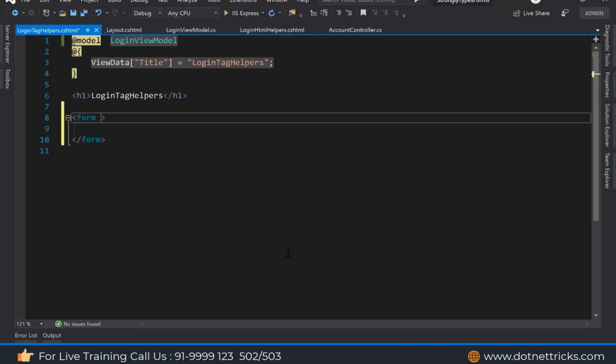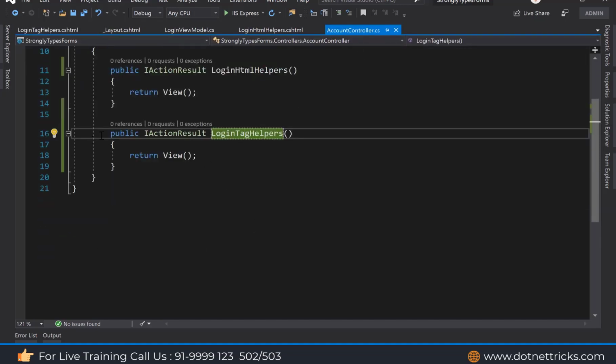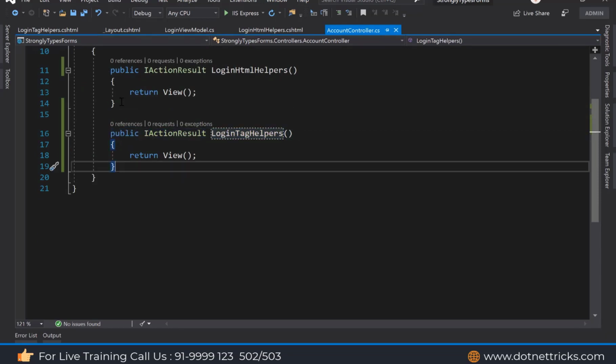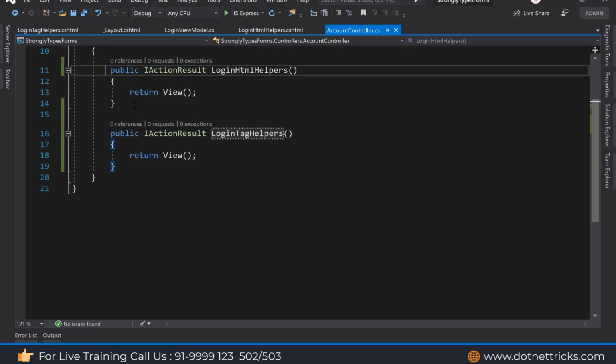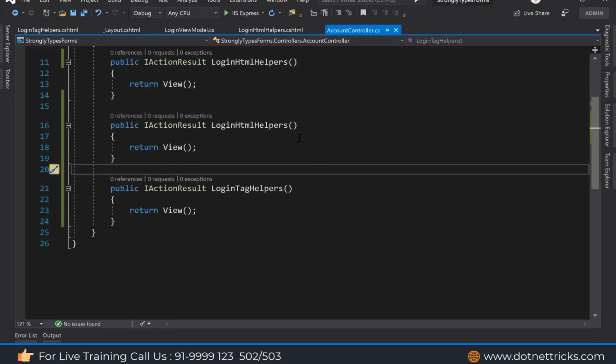In the form tag I can define the controller name, which would be account, where you are willing to post the value when this form is posted. The asp-action section would be here. For the action, we need to make its post version of this method also. Even in the above case we need to create the post version, so you can create the post version for receiving the posted form data.